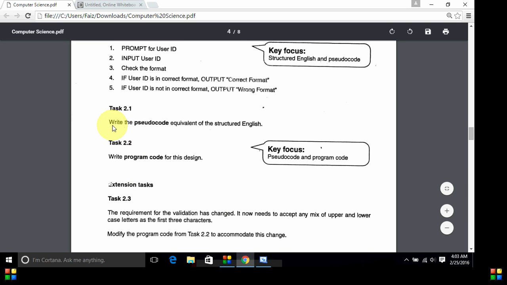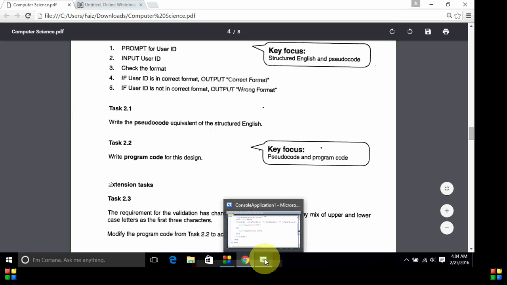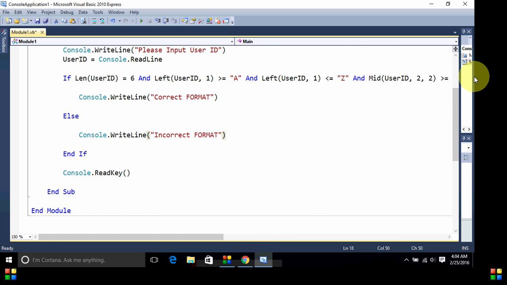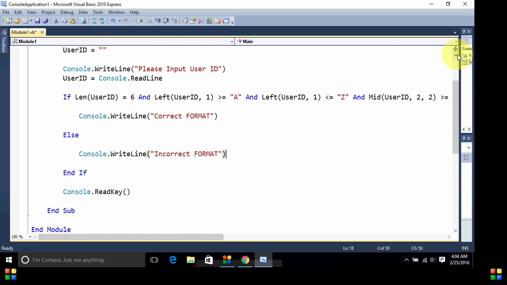Okay, this was a brief overview of task 2.2, and now I'm gonna discuss task 2.3. The requirement for the validation has changed. It now needs to accept any mix of upper and lowercase letters for the first 3 characters. So for the first 3 characters, it can accept any case, lowercase to uppercase, anything. So we can